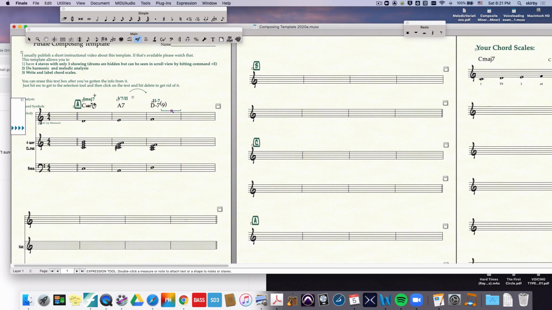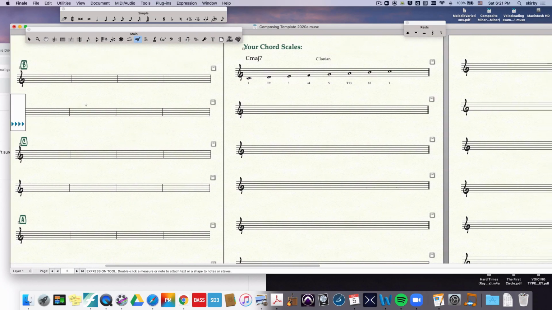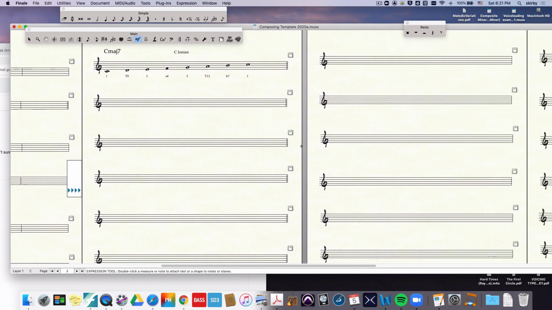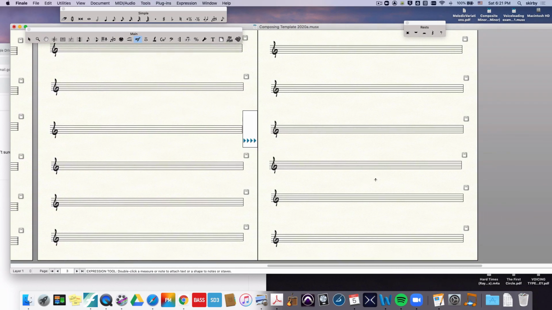The last thing that you can do with this, in addition to hiding staves and doing harmonic analysis and doing chords, is to do chord scales. The way you do that is certain measures are pre-formatted for chord scales. So starting here, all of these measures are pre-formatted for chord scales. If you want more chord scales, you would go to the end of this. I don't think you would need more than this, but if you do, you go to the end and you